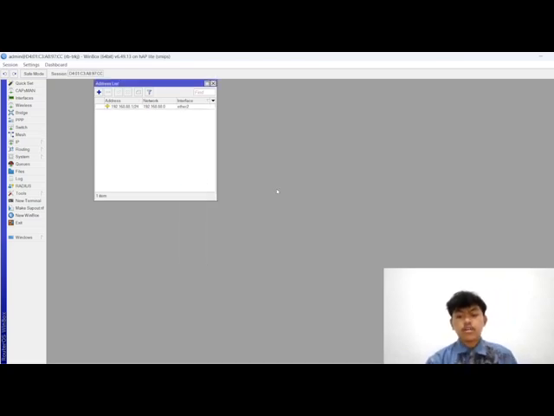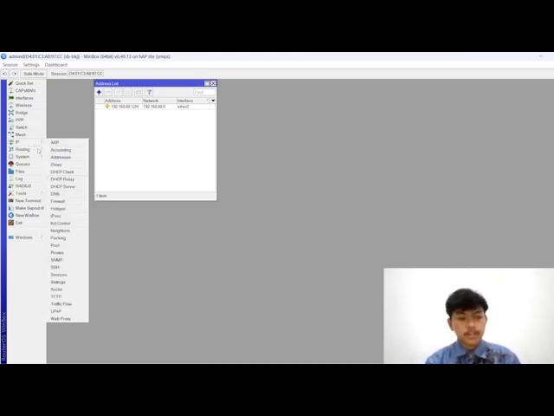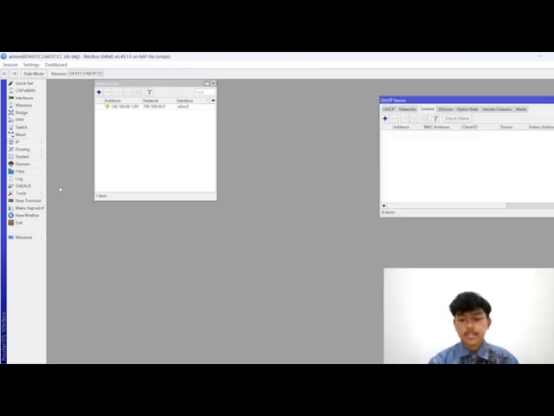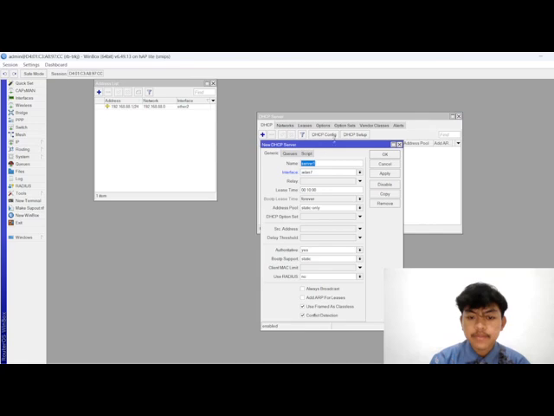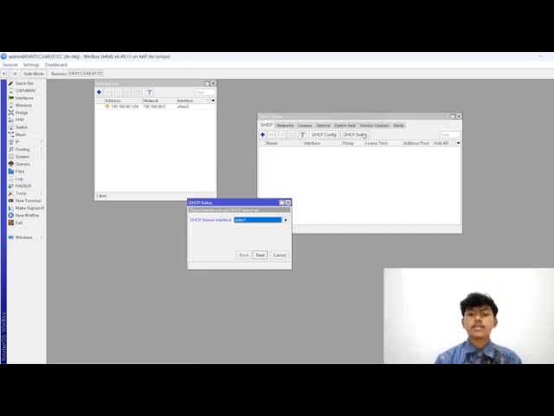After that, we configure the DHCP server. You can click IP and DHCP server, and then click DHCP Setup and choose the interface.